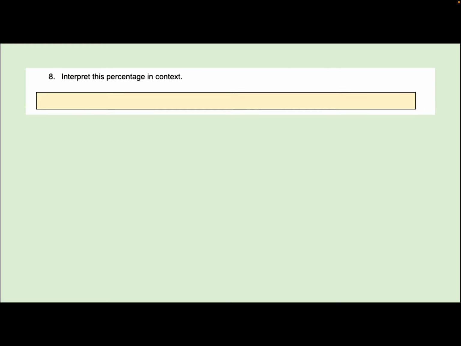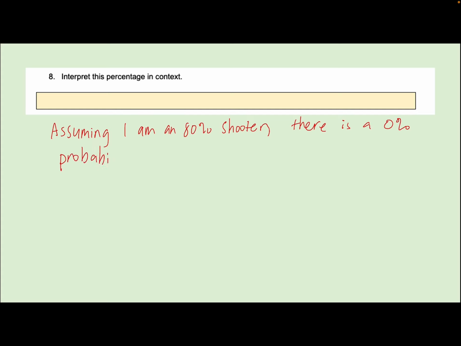Now I'm asking you to interpret this percentage in context. So assuming I am an 80% shooter, that's how we set up our spinner, there is a 0% probability that I make 32 out of 50 or fewer free throws by chance.